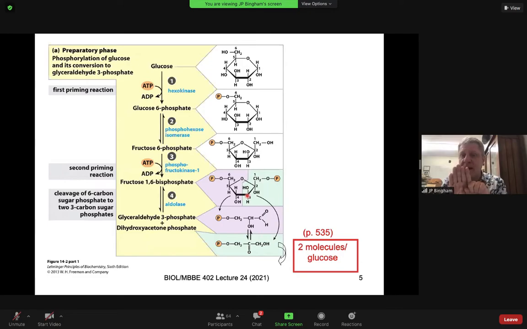But once it gets to that aldolase, we are going to degrade it and produce 3 carbon constituents, or 2 moieties of a 3 carbon constituent. One is going to be glyceraldehyde 3-phosphate, one is going to be dihydroxyacetone phosphate. But again, we use another enzyme which will take that dihydroxyacetone phosphate and bring it back to glyceraldehyde 3-phosphate, increasing